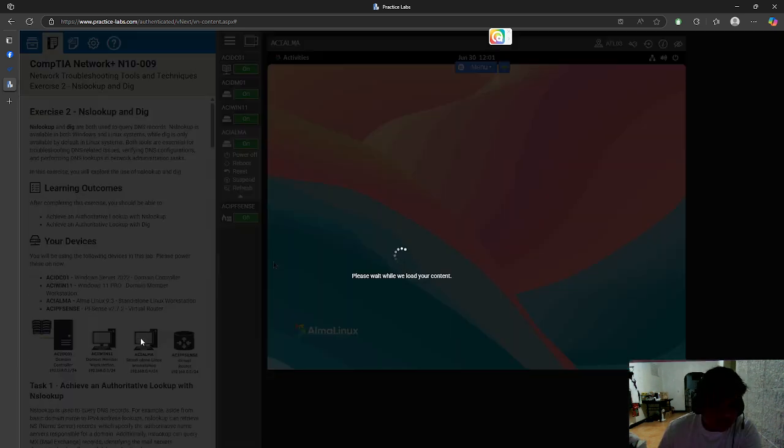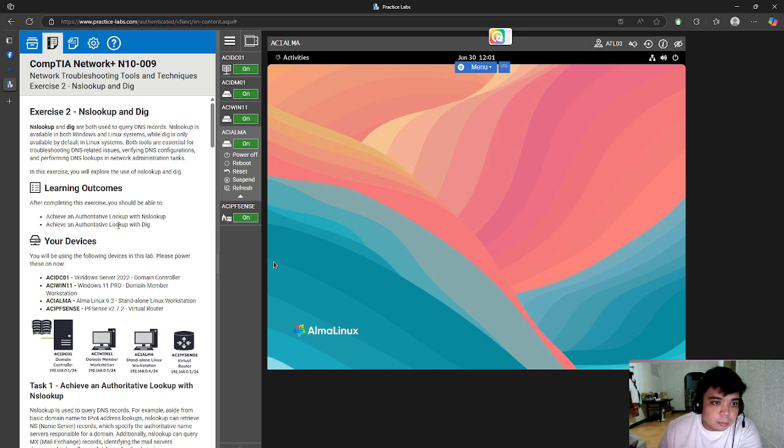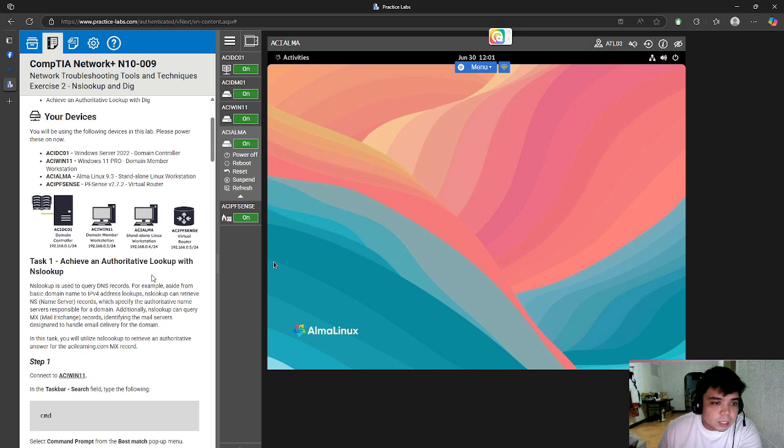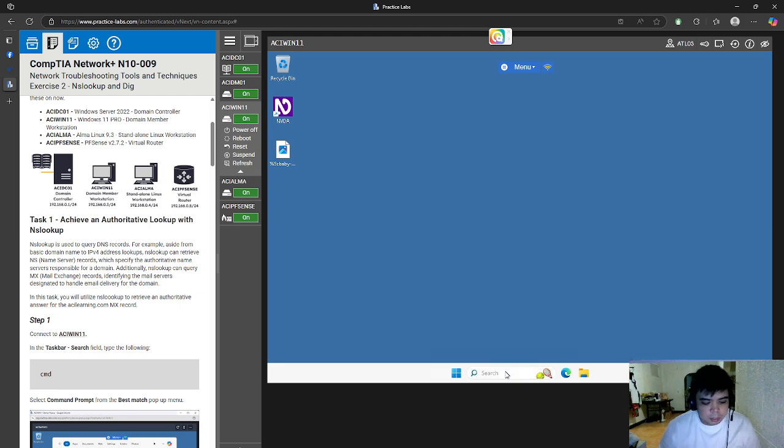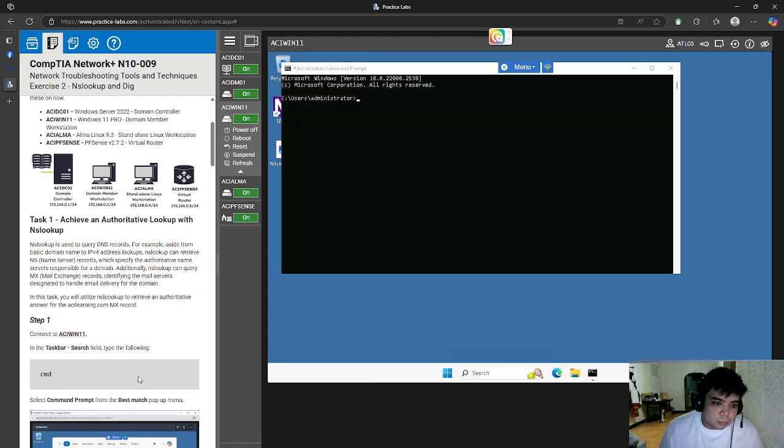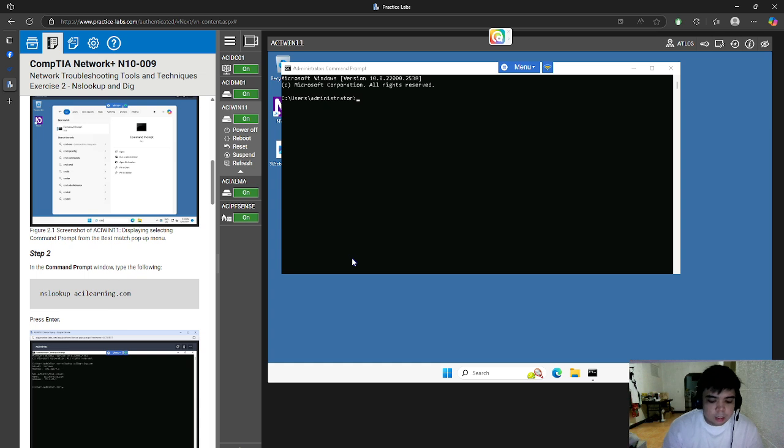Next, exercise 2, nslookup and dig. First task, achieve an authoritative lookup with nslookup. So, for our step 1, connect tayo sa ACI WIN11. Then, let's open CMD or command prompt. Then, type natin nslookup space ACI